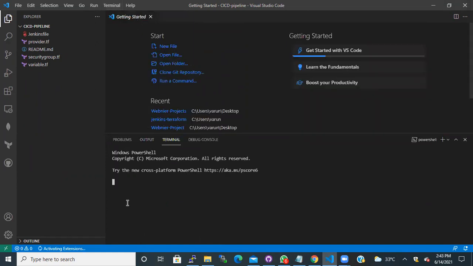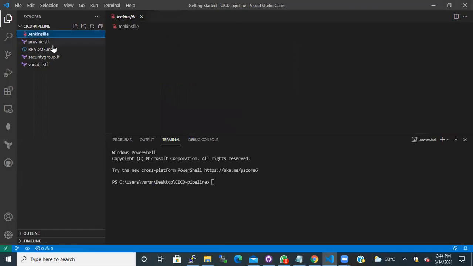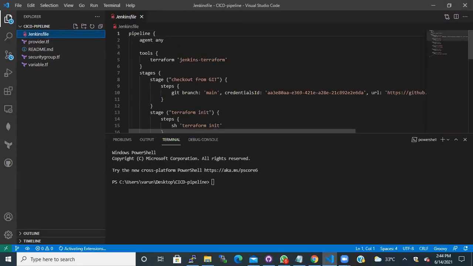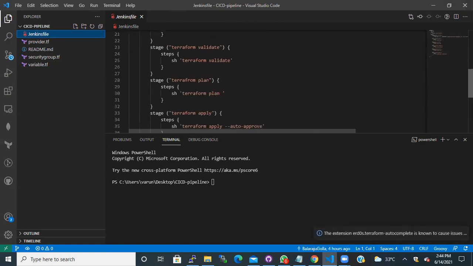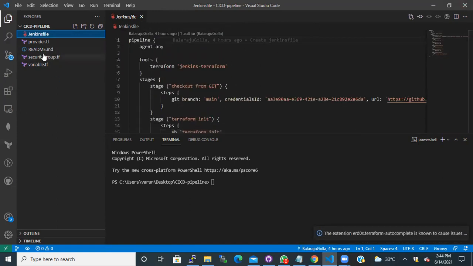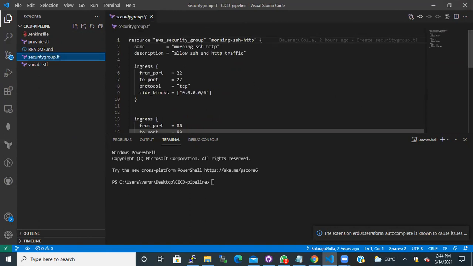Let me click on terminal. So I have the code on my local machine. You guys can see, right? These are the same files that I have. So what I'll just do is,